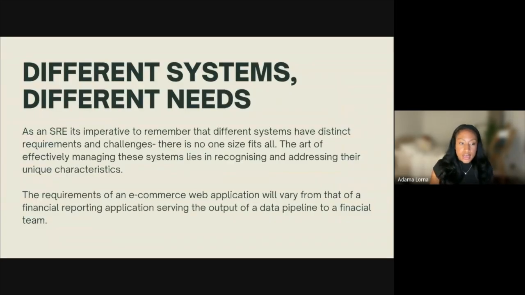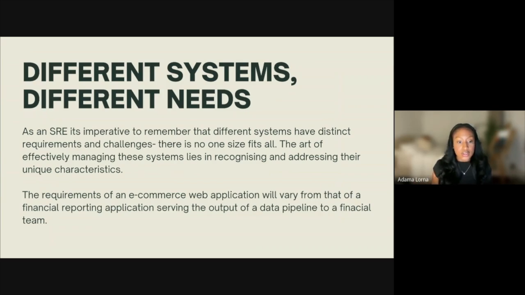And again, it comes back down to this idea that different systems have different needs. And in SRE, this is kind of at the core, right? We are not trying to approach things in a one size fits all way, and just apply a blanket statement to everything. We have to assess the systems that we're working with, the services that we're working with, and address those unique